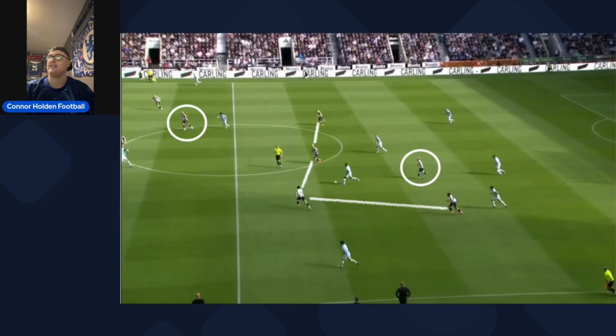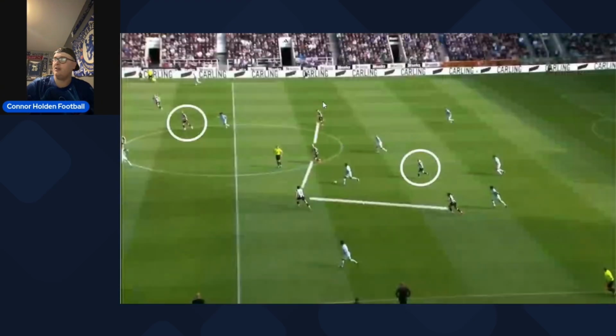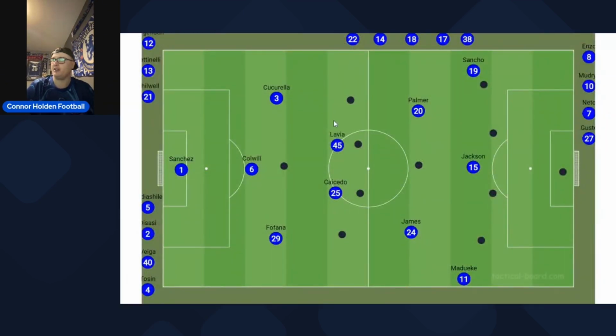And then, as I said, this bit of pressure, which I think we're going to talk about here, in Chelsea's case, what you're trying to do is lure one of these wider players onto the wide centre-back before you can make the play. So I think we're going to show it here. These are the two options of how we could play. In order for Chelsea to lure one out, these are going to be the spare men, and they're going to be either side of this sort of